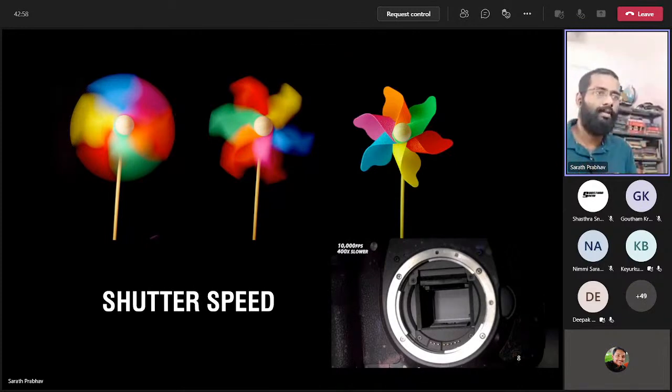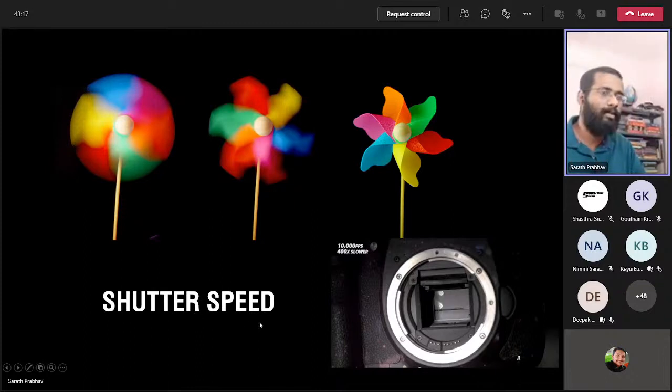That is the advantage of that. So if you need more light, you can open it for a long time. Okay, it's fine. If you need more light, you have to open it for a while. But there is a problem. We cannot call it a problem, but there is another thing that is affected by